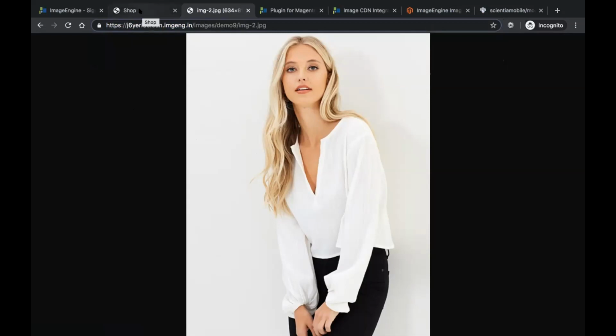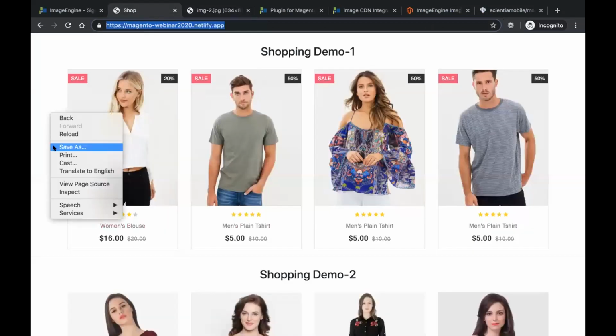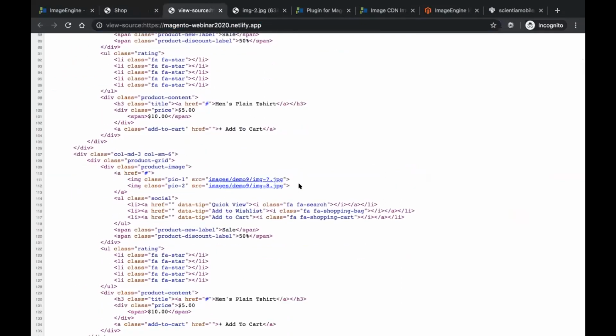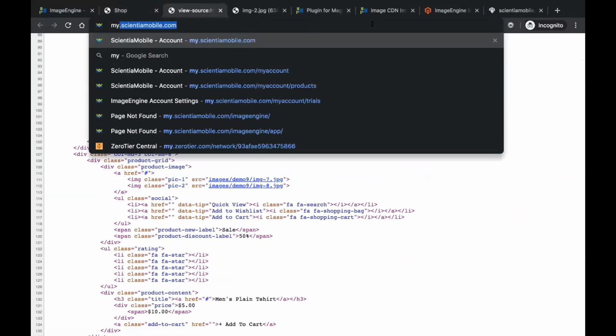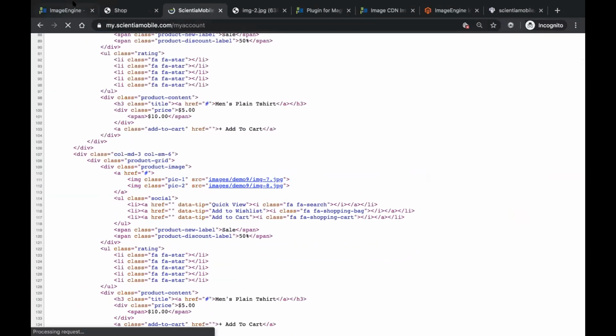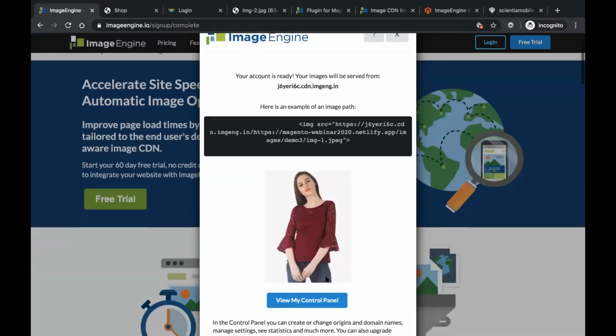And of course, the very next step that we'll look at in a moment is to figure out how the image tags in your markup, the HTML, are actually updated, because in there you also need to put the ImageEngine hostname that you got through the sign up process. But before we go there, I'd also like to show you how